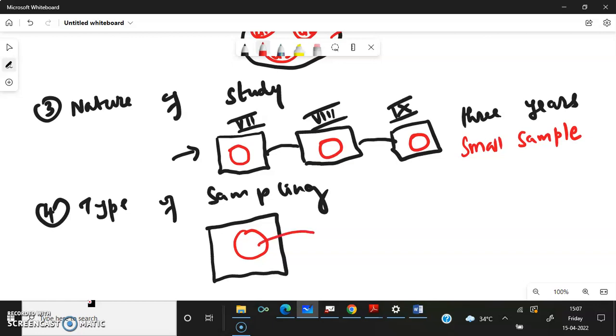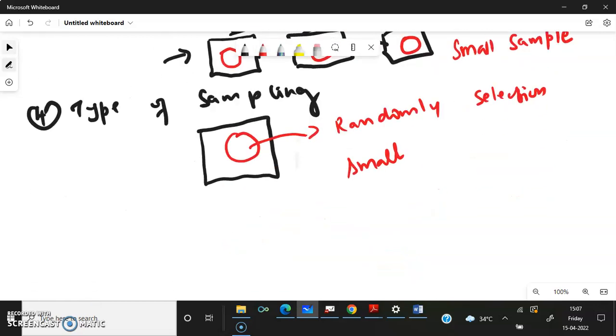If I am going to select the sample randomly, then small is enough. Instead of taking a large sample that is not scientifically selected, although it is small, I am using random selection. So in that case, small is also fine because my selection is random. So that is type of sampling. The fifth one is